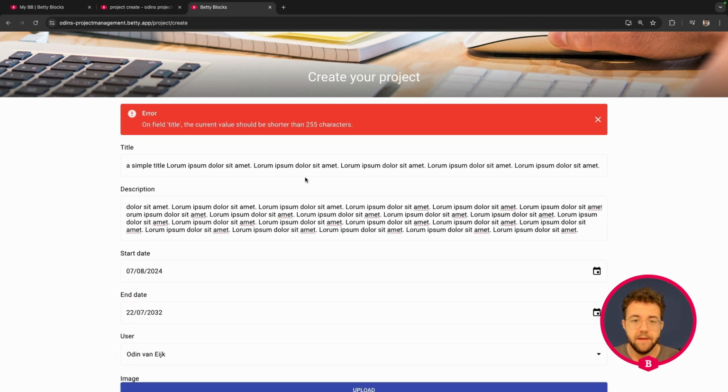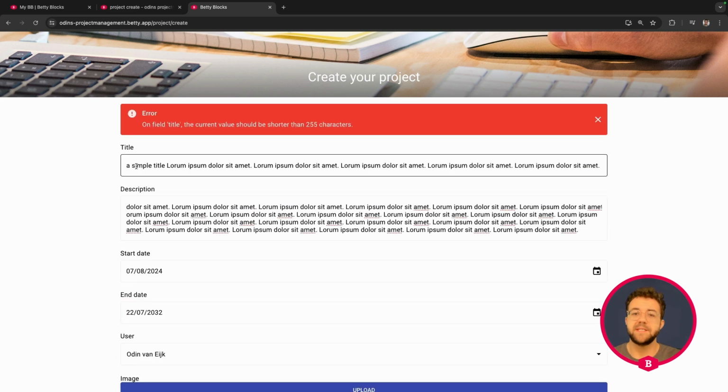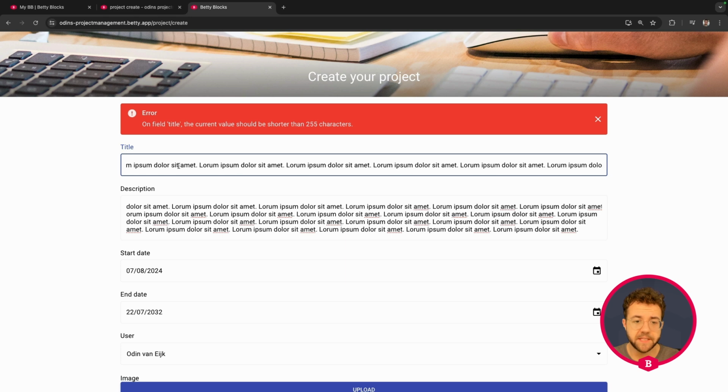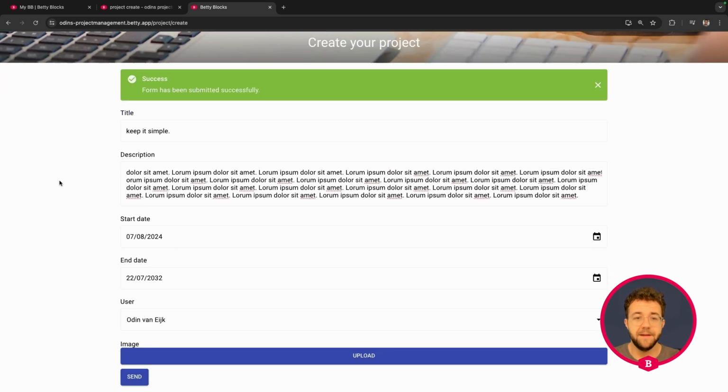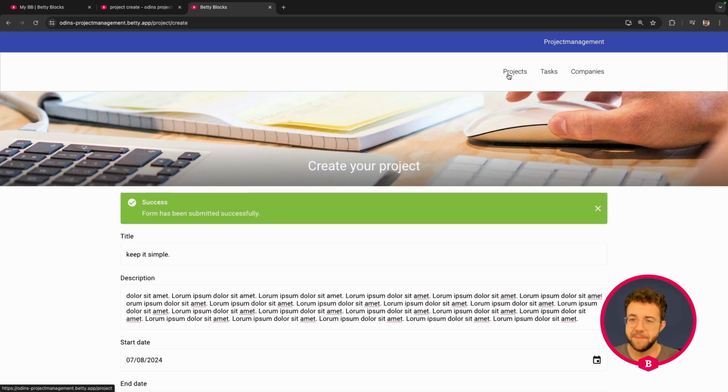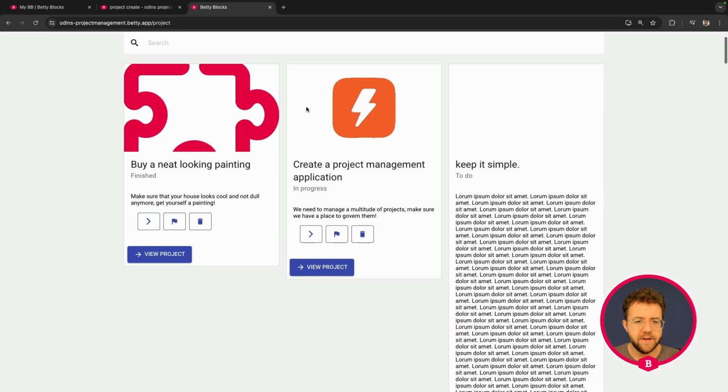Press send. And luckily with testing, we see that our application catches things that we don't want. The title field is way too full right now. And this is what it would look like for users that are building and testing. And well, I guess we have to keep the title simple. Press send, and the form has successfully been submitted. Now I'm very